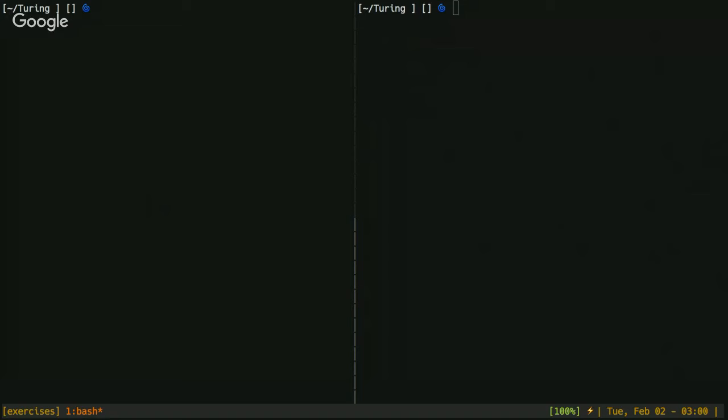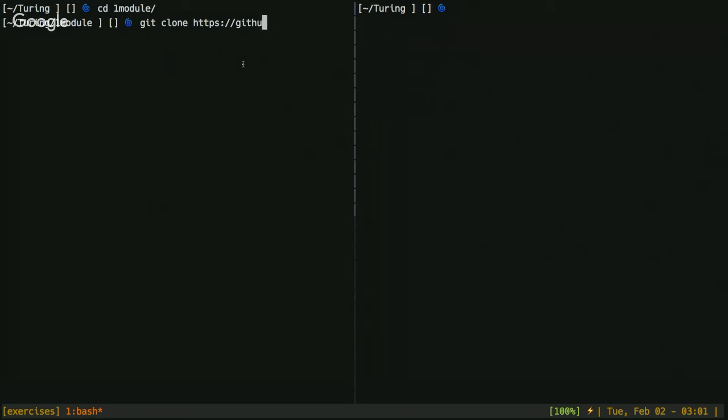So the first thing we're going to do is clone down a repository and get you these next set of exercises to work on. To do that, we're going to be in your Turing folder, and we're going to cd into your one module folder that we created together the other day, and we are going to type git clone.